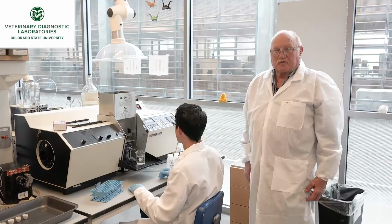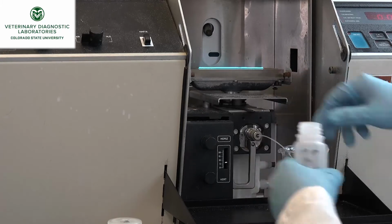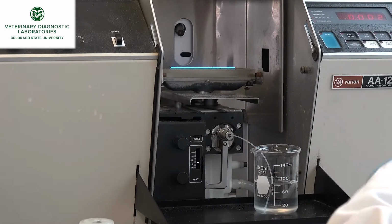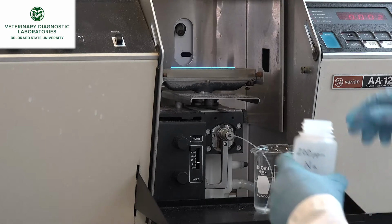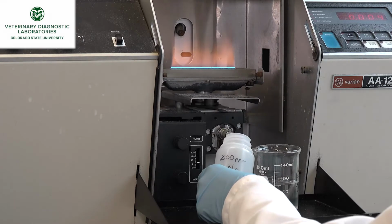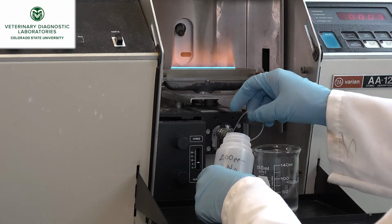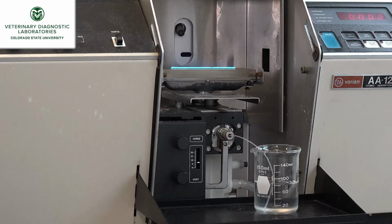This is an atomic absorption spectrophotometer. We use it for most flame analysis and do arsenic and mercury and so forth on it. What it does is suck the sample, the liquid, up into what is called a nebulizer, and puts it into an atomic spray, and that goes up into the flame, and that extra energy activates the metal, and then it absorbs light at a particular wavelength,